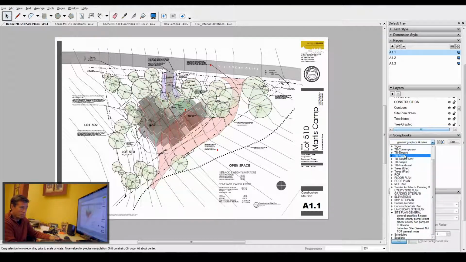While I have used some of them, I've created my own, which are all these ones that I'm highlighting here. I have created specific scrapbooks for drawing types, like here RCP, obviously reflected ceiling plan, floor plan, roof plan, MPE plans, utility site plans, grading site plans, elevations. These are in no particular order. BMP site plans, BMPs, that's something we use here locally, best management practices for stormwater runoff. Construction site plan, landscape site plan, general site plan information,